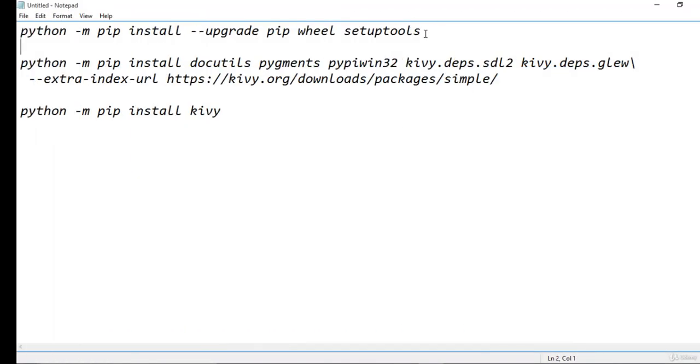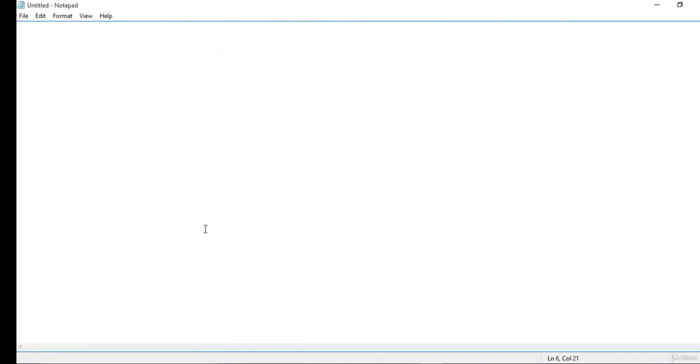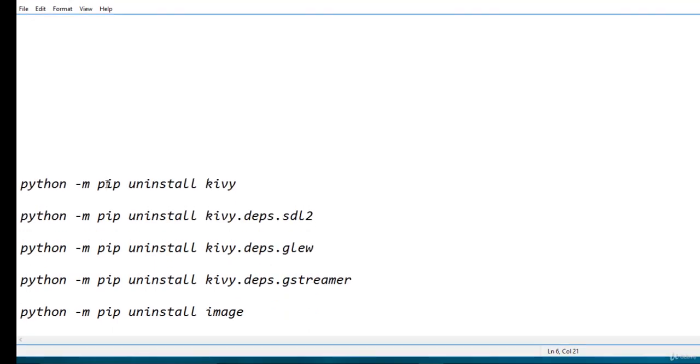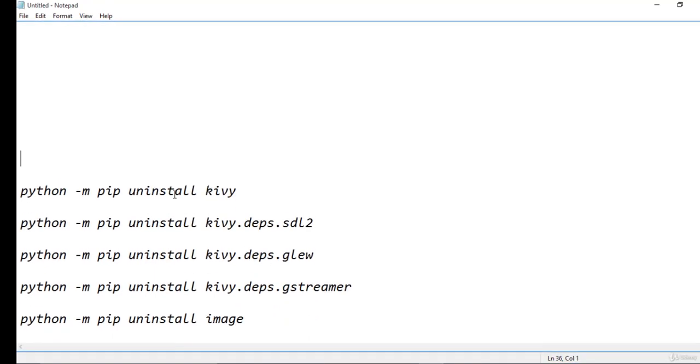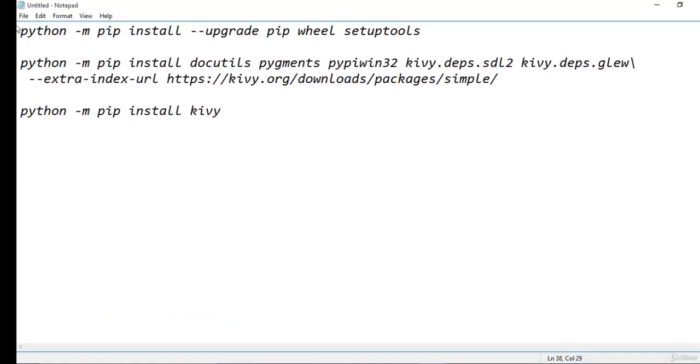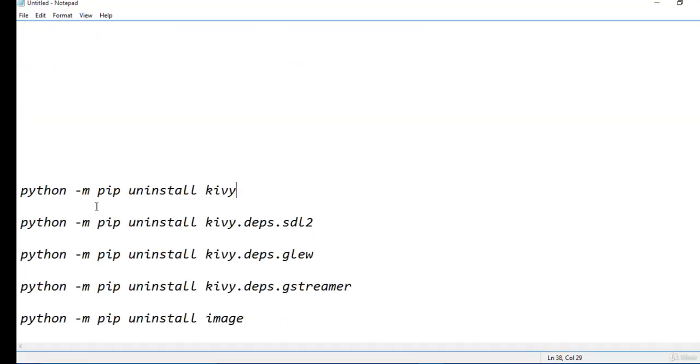So after you install that set of tools, now it's time to set up Kivy on your machine. Before that, I want to make a quick note. If you have installed any of these packages before, you first have to uninstall and then reinstall with this command. So make sure that you make use of these packages and this command in order to